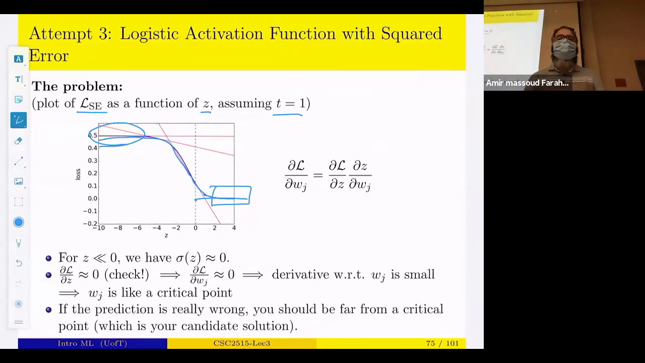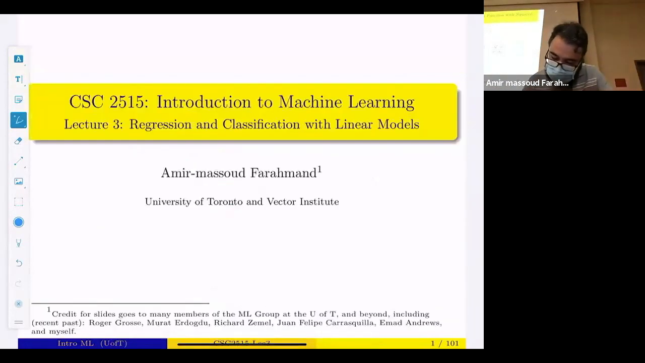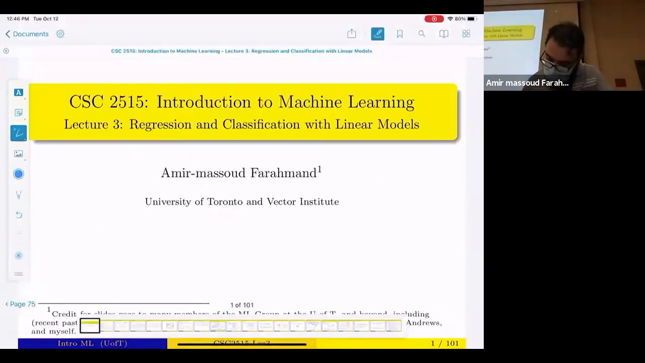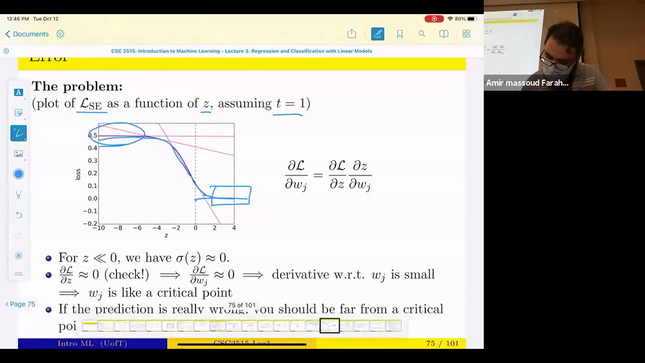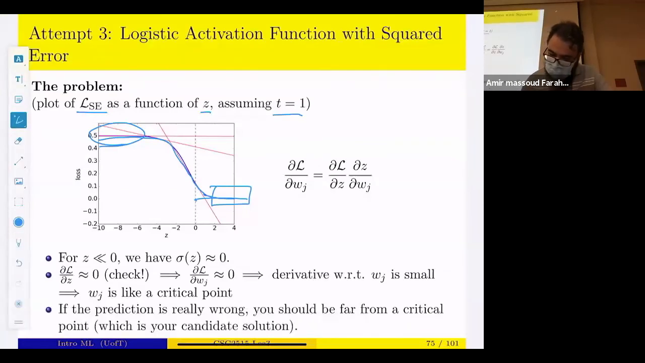The problem is that suppose z is a very negative number, so it is an incorrect value. Now we want to do gradient descent in order to update it. But if we do the gradient descent, so the loss function, if we are at this point, for example,